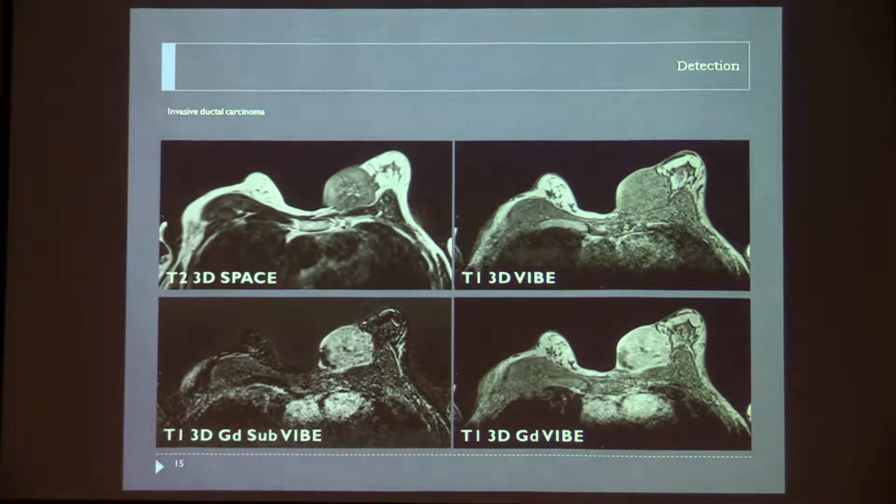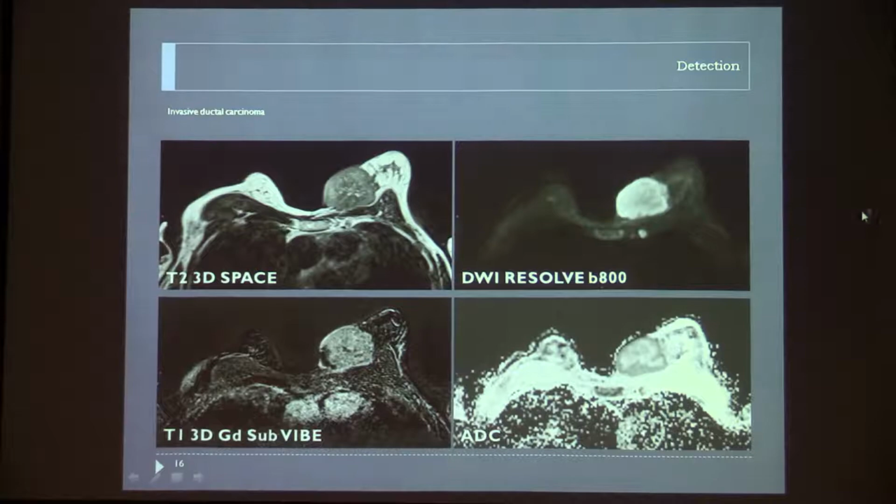So for the detection, this is a large breast cancer of the left breast, as you can see. We don't need diffusion to detect this lesion, of course. So do you see something else within this image? It's difficult. If I give you the diffusion, it shows you immediately that there are also internal thoracic lymph nodes. What should we do when we have this kind of lymph nodes?